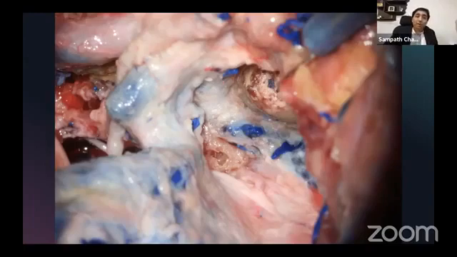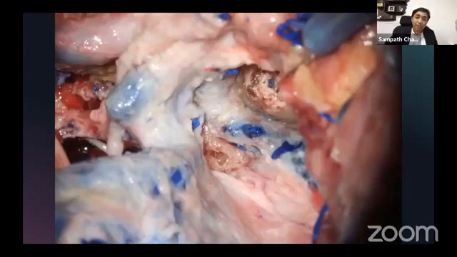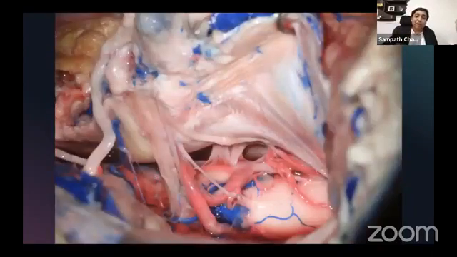Okay, so now you have drilled the portion of the occipital bone along the jugular process up to the occipital condyle, medial to which is the foramen magnum. So this is now the hypoglossal canal. You must recollect what I have described earlier. This is the hypoglossal canal with the venous plexus. This is the jugular tubercle. This is the occipital condyle, probably drilled up to at least 50%. I don't want to go, as I told you, again, into concepts as to how to deal with the occipital condyle. And then you can expose the dura. You can incise this dura completely to expose the CP angle contents.